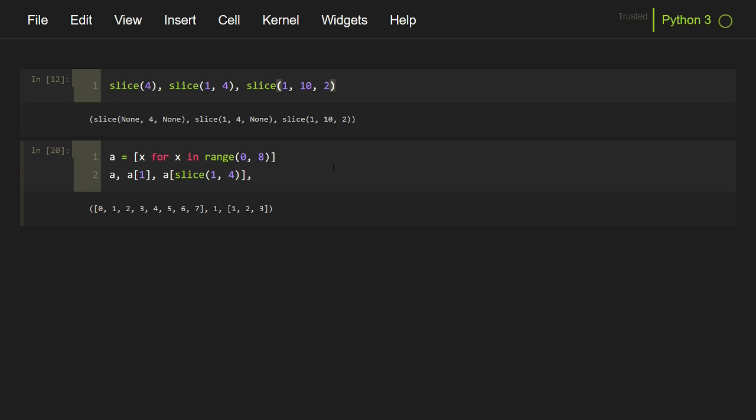Instead of calling the slice function always, you can use the shorthand version of the slice function, that is slice operators. So inside the square bracket you can pass the same numbers 1 and 4, and between these two values you can pass a colon like this. It will generate the same output as the slice function, as you can see over here.